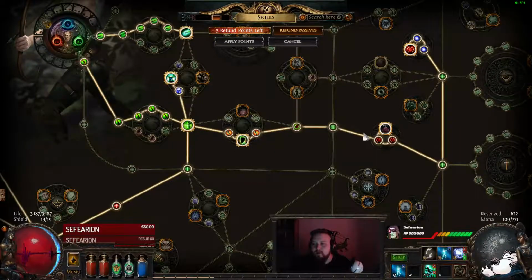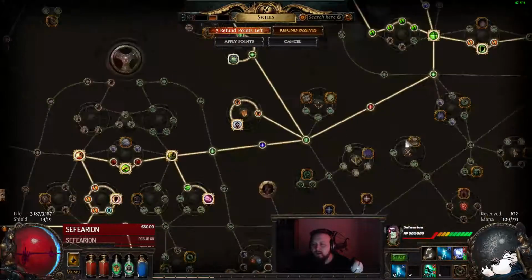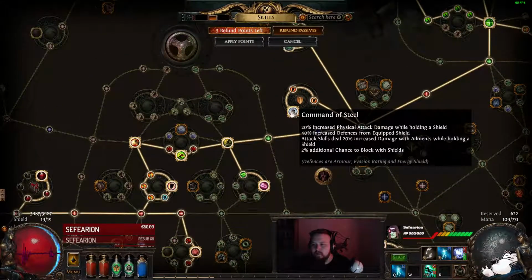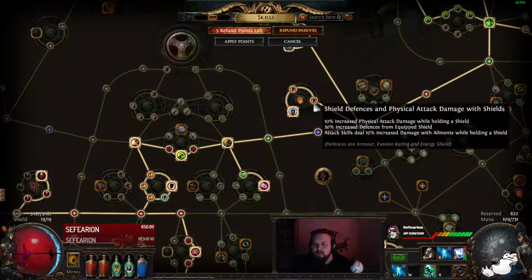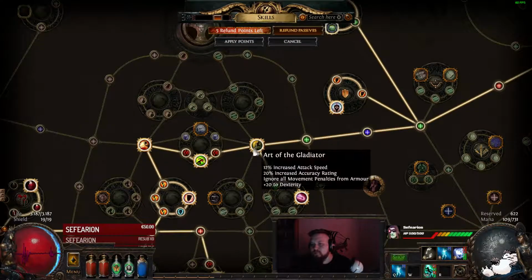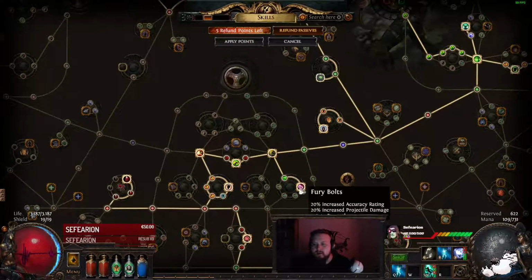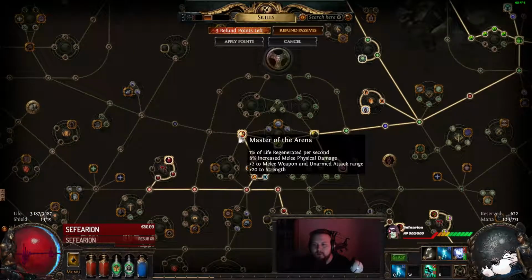So we're having the shield nodes right here, picking up some life, picking up some crit multi. In this way we go pick up some shield nodes right here, especially for the defenses that we get from the equipped shield. Why, you will find out later. Go in that direction, pick up the attack speed and accuracy rating. We also get fury bolts for the additional projectile damage, and then we path around here to Master of the